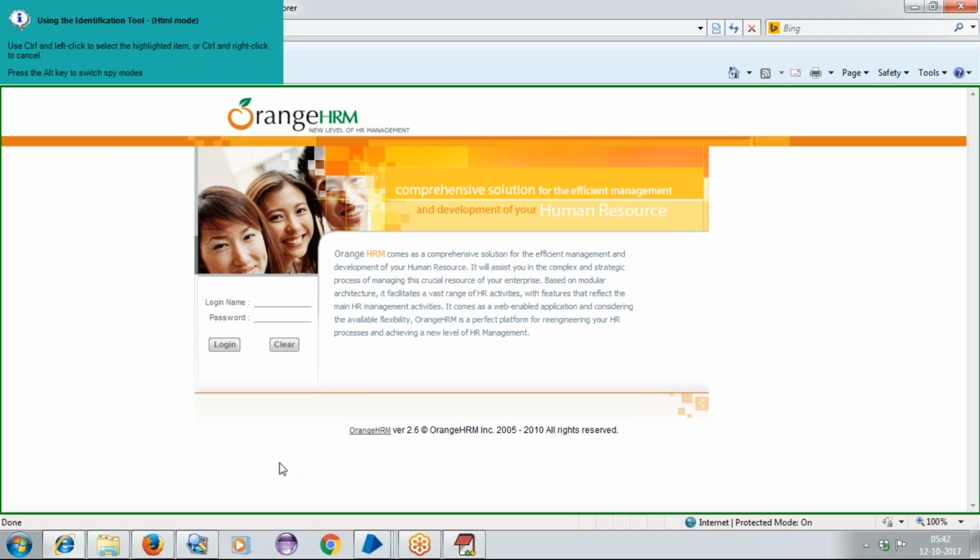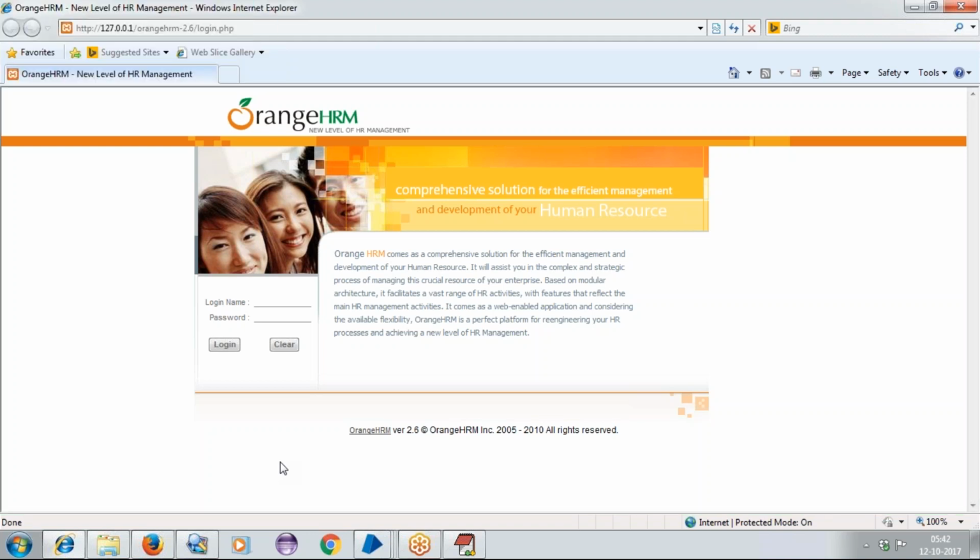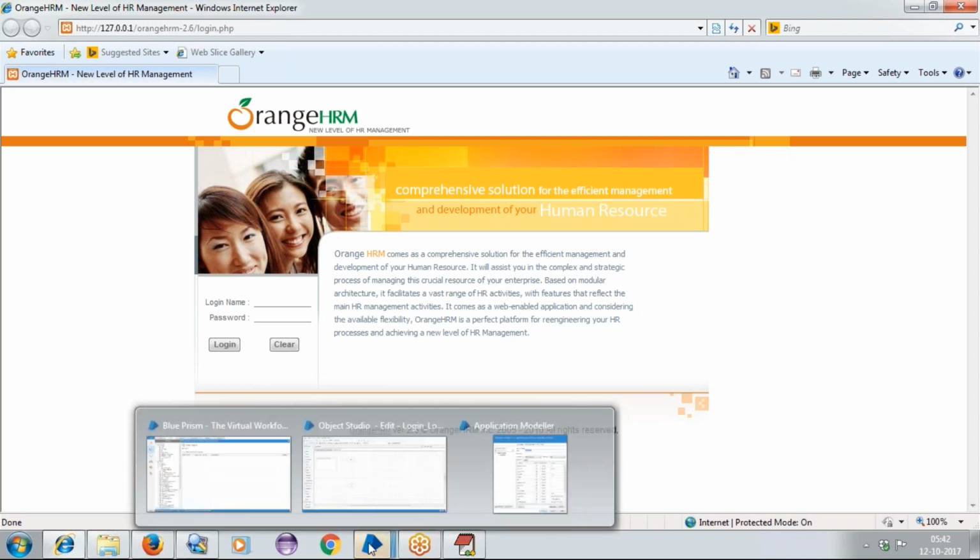For now, I'm taking the whole login window. Okay. Once you see it highlighted in green color, from the keyboard, press Control and left click here. Once I do the Control left click, it will take all the properties of that particular page here.